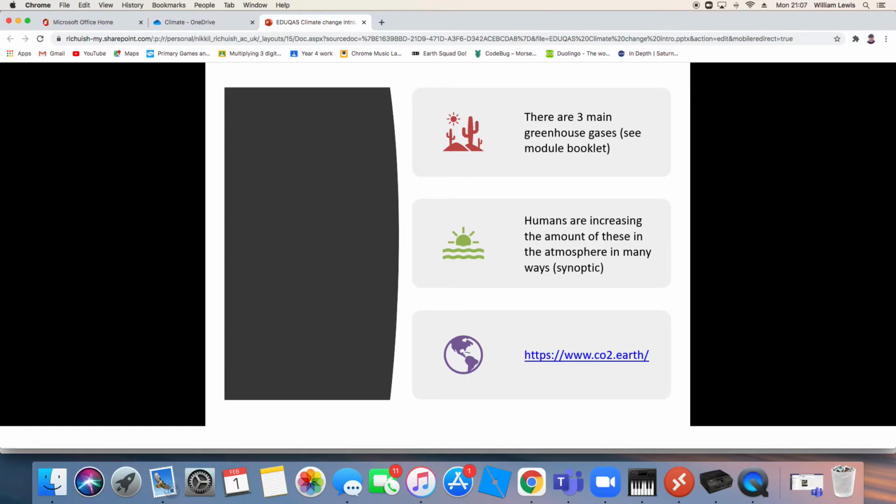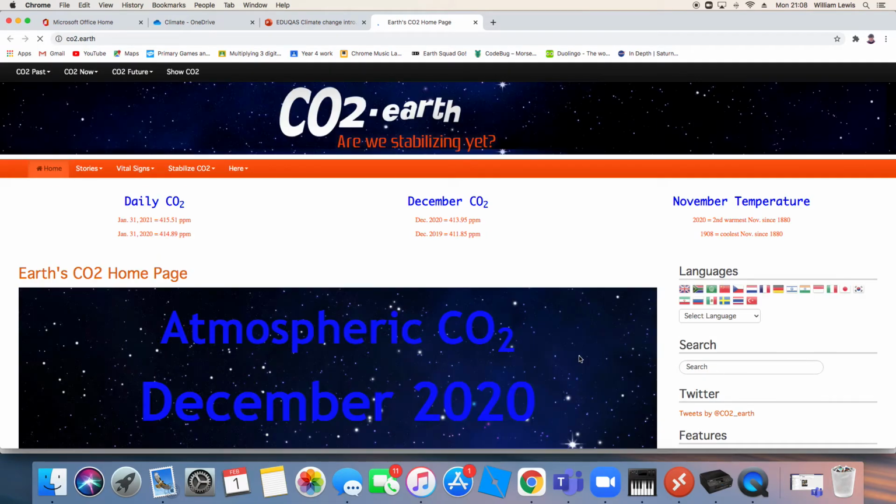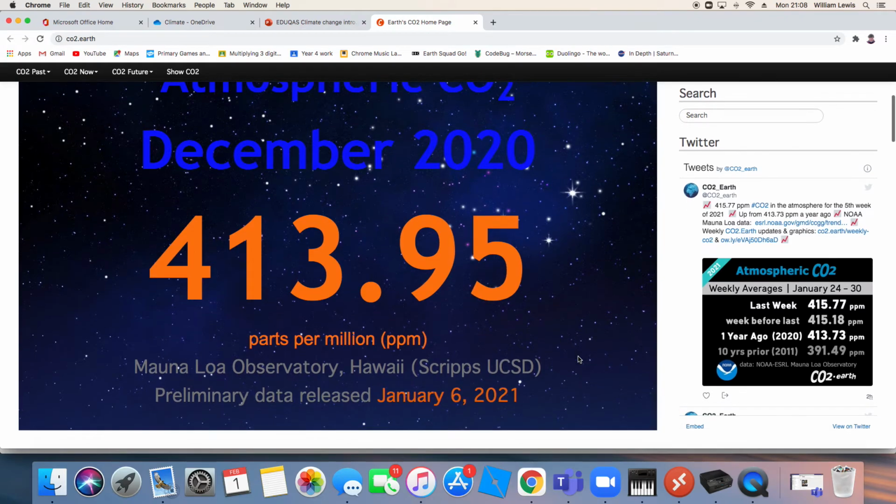Now page 72 has got some information about where those gases come from. And this is a really, really perfect opportunity to be synoptic because you can link this to fossil fuels and the carbon cycle. You can link this to agriculture, which is a primary sector activity, changing places. You can link it to all sorts of things. So read page 72. Either do a little bit of highlighting or possibly take the key ideas and put them into your notes. It would also be a fantastic idea to go onto this website and update the ppm of